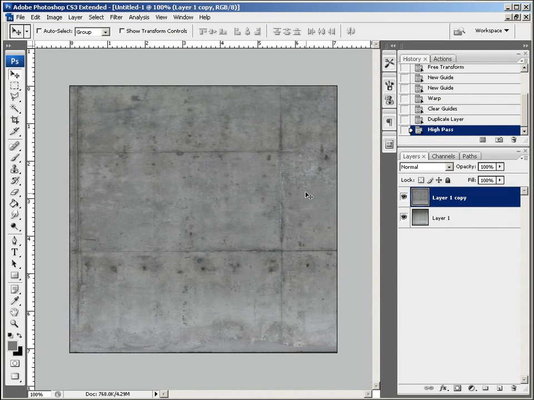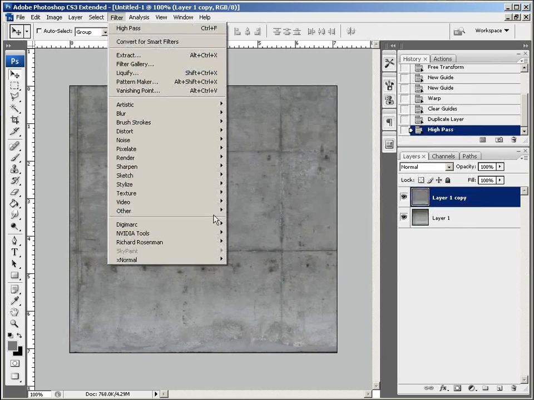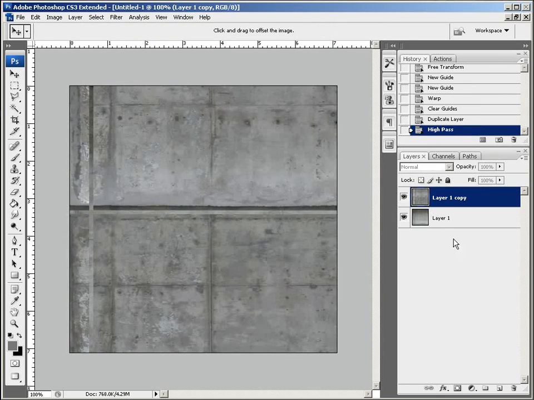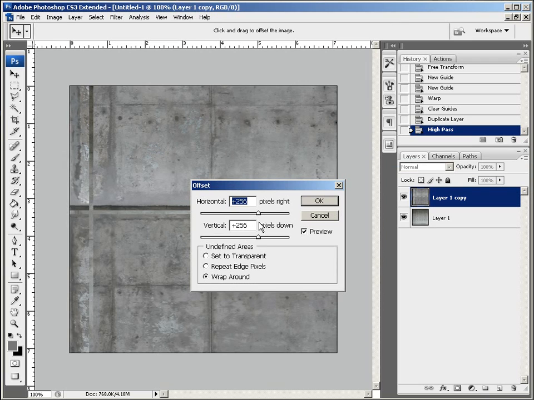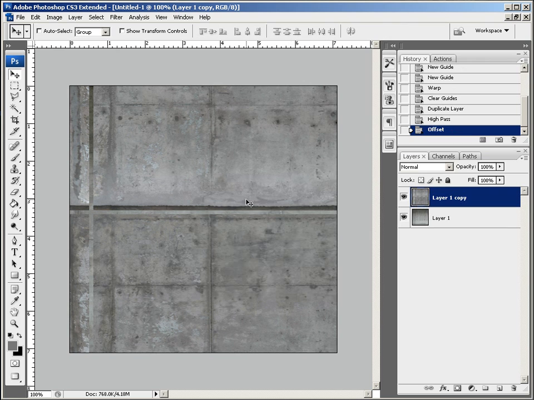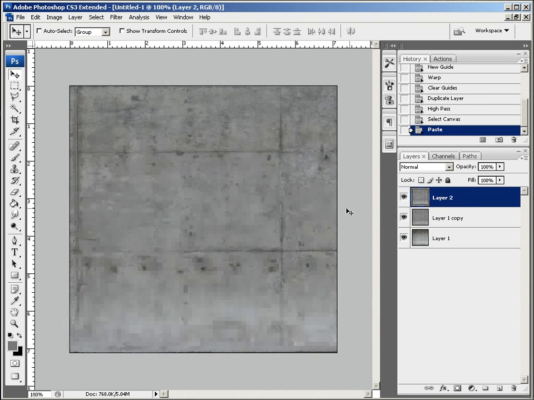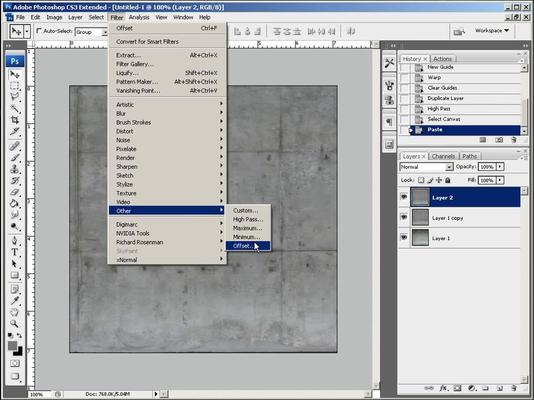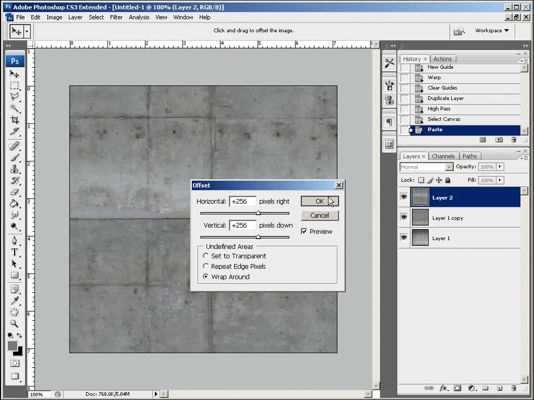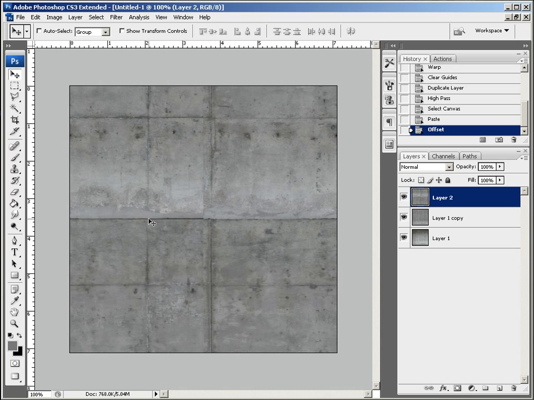And then, right now is a good time to do our offset by 256 with wraparound. So we can, whoops, actually we need to do Control A, Control C, and then Control V so that we crop out the image that was outside of the bounds, so we can actually do the offset properly. Alright, now that we have that,